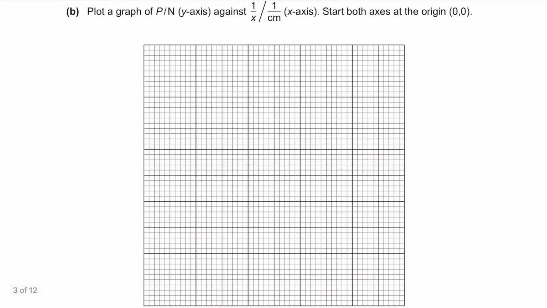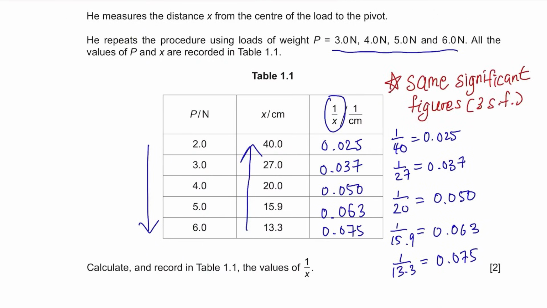Part B. Plot a graph of P on the y-axis against 1 over x on the x-axis. Start both axes at the origin 0, 0. First, draw the x and y-axis. The x-axis is 1 over x and the y-axis is the weight. Looking at the table, the range of the x-axis is from 0.025 to 0.075, and for the y-axis, it's from 2